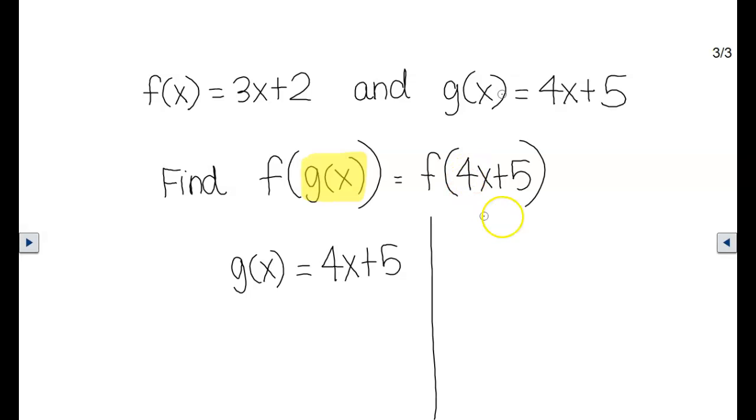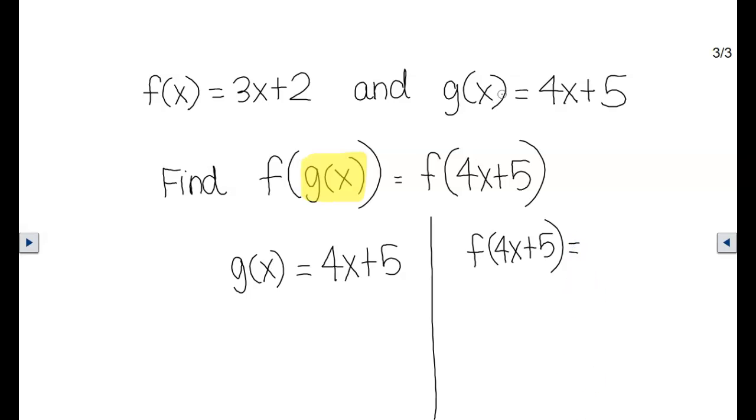So to get to here, let me make sure I'm clear on this. I am replacing what I have highlighted here, g of x, with what it's equal to. It is equal to 4x plus 5. So the problem becomes f of 4x plus 5. Now,